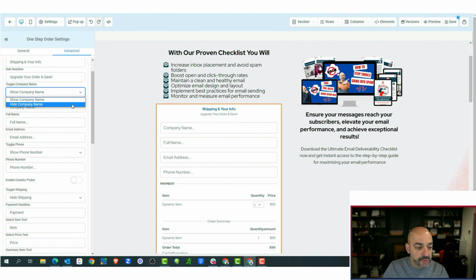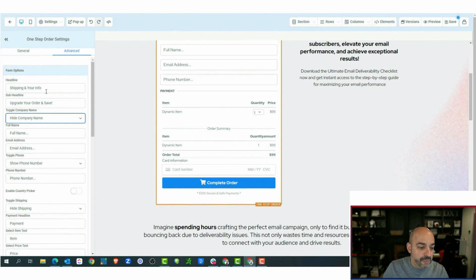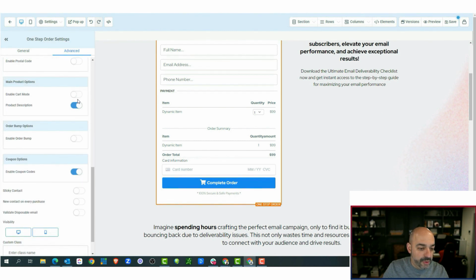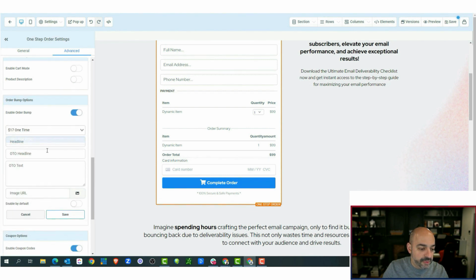And I probably would do this a little bit differently, but the whole point of it is I just want to have the form. And more importantly, I want to make sure I have my bump product. I don't want cart mode. I don't want product description. I do want to order the order bump. And the product was 17 one time. Headline is going to be